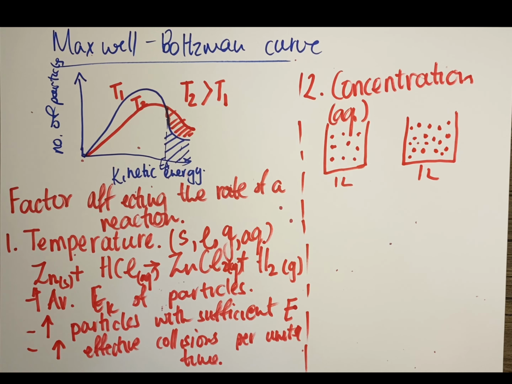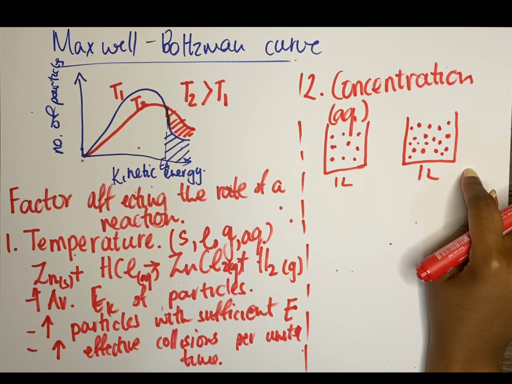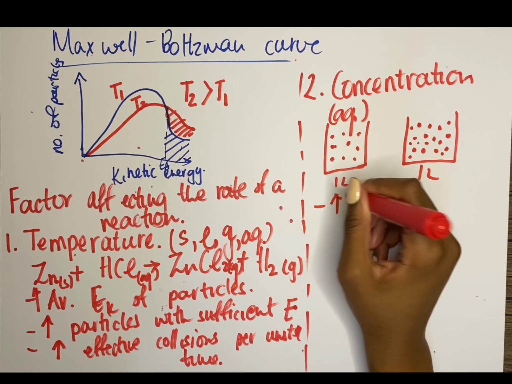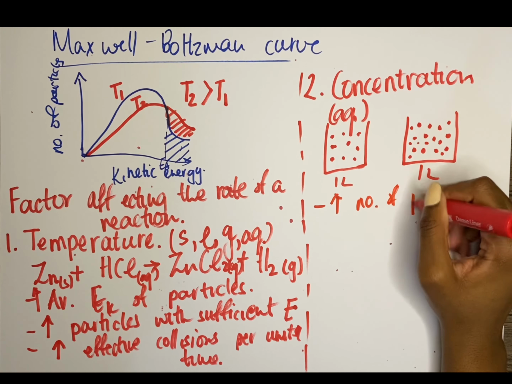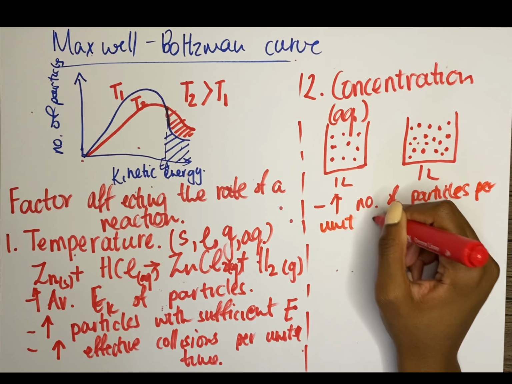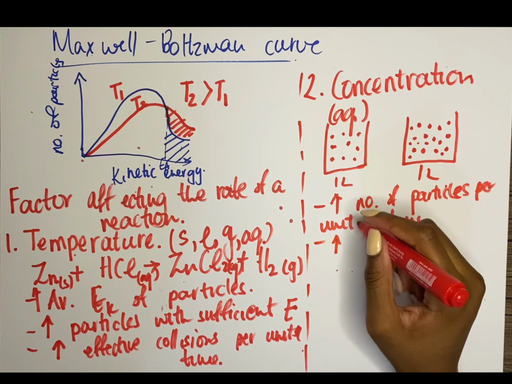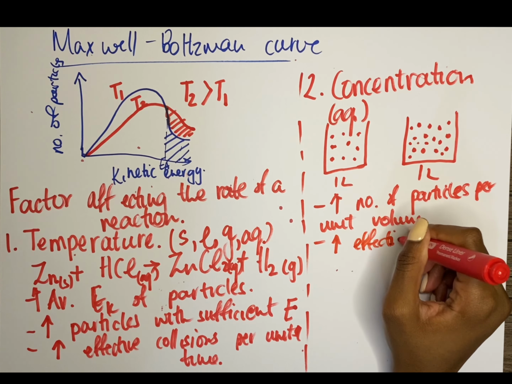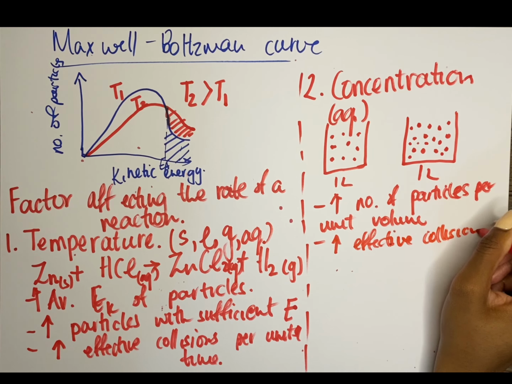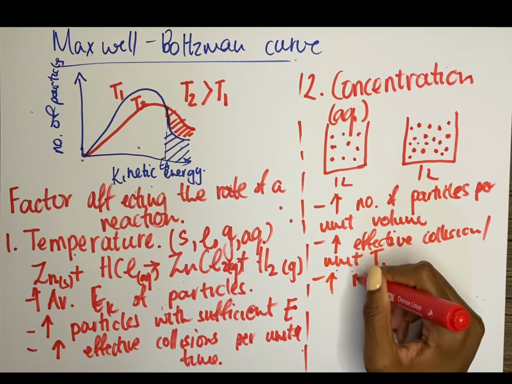So now the question becomes, how does that affect the rate of the reaction, right? If you're having more particles per unit volume, an increase in concentration, an increase in the number of particles per unit volume, then you're going to have more effective collisions per unit time,